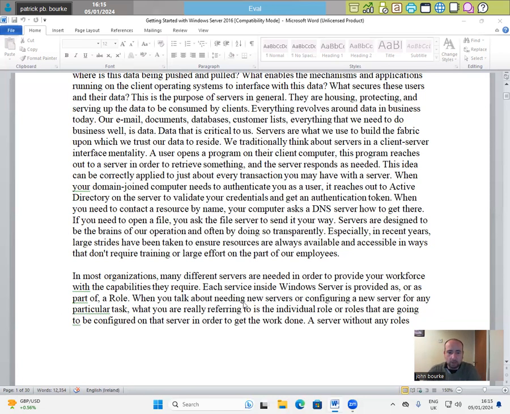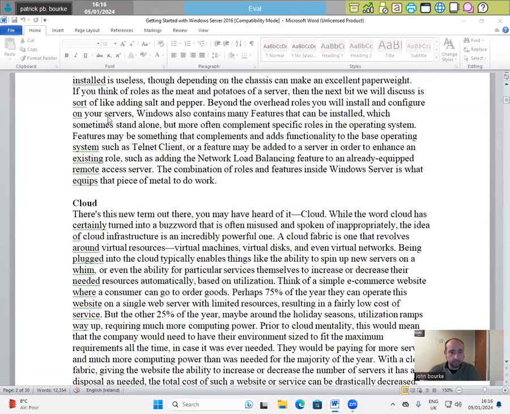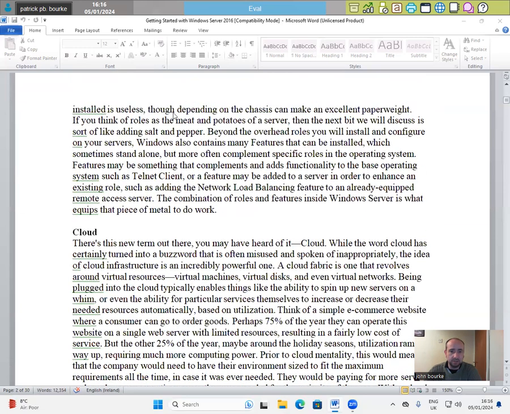When you talk about needing new servers or configuring a new server for any particular task, what you are really referring to is the role or roles that are going to be configured on that server in order to get the work done. A server without any roles installed is useless, though, depending on the chassis, it can make an excellent paperweight. If you think of roles as the meat and potatoes of a server,